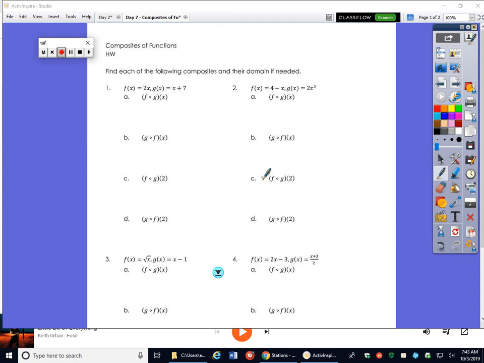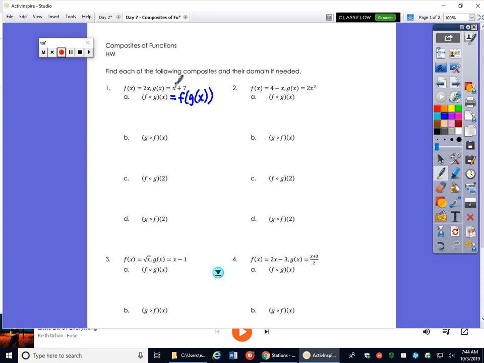Okay, so today we learned about composite functions. We're learning how to take f of g of x and g of f of x and so forth. This little circle in the middle of the f and the g on number 1 means the composite of. So f composite g of x means f of g of x,